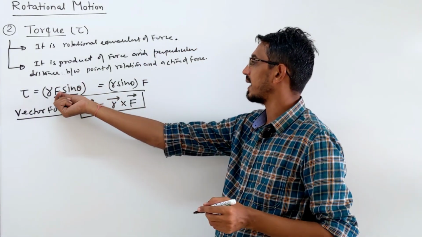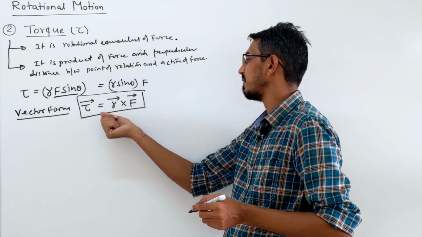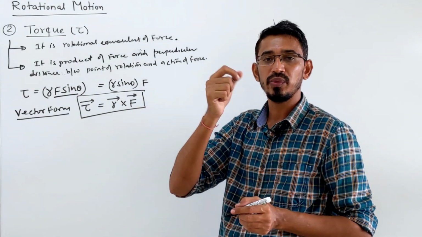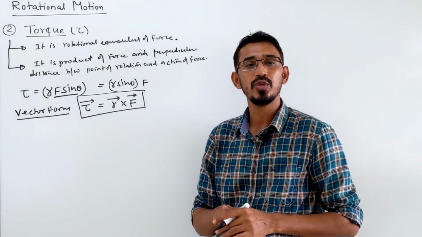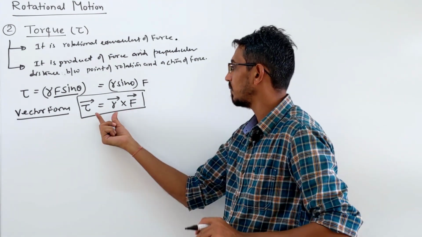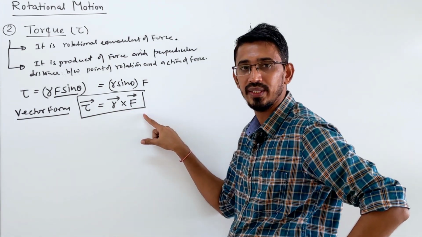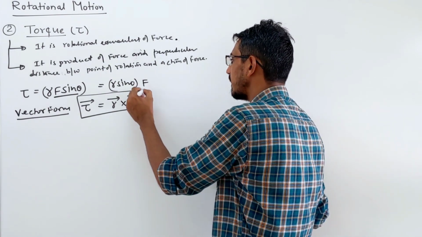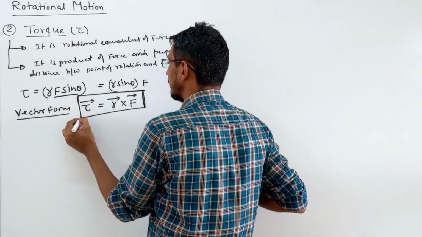Because in linear motion they write F r sin theta, remember, so here also if you write F cross r, that's wrong. The magnitude will be okay, but your sign will become opposite if you write F cross r. So what is the correct formula first? Torque is r cross F, in vector form. This is very, very important.